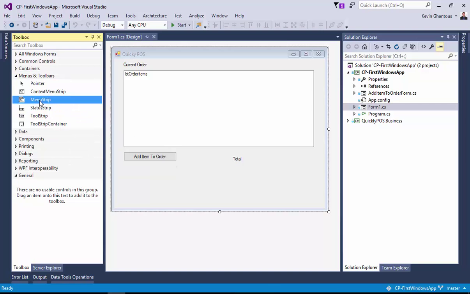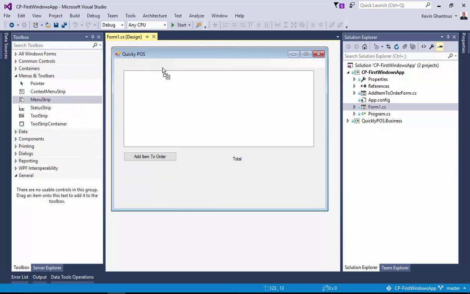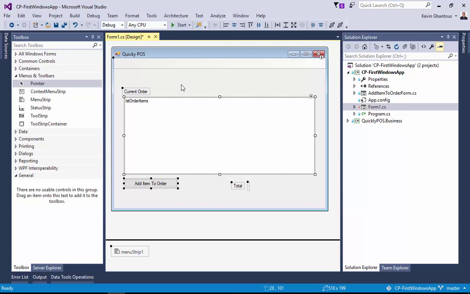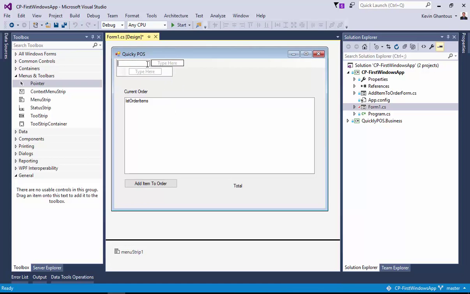So let's start by dragging the menu strip onto our form. This will actually mount a menu strip, and my controls are kind of in the way here, so let me grab them all and scoot them down. So now if I click on my menu strip up here, I will get a text box that will appear, and in that text box I can type things like File, I can hit enter, and I now have a menu. So I'm going to add additional items such as order,